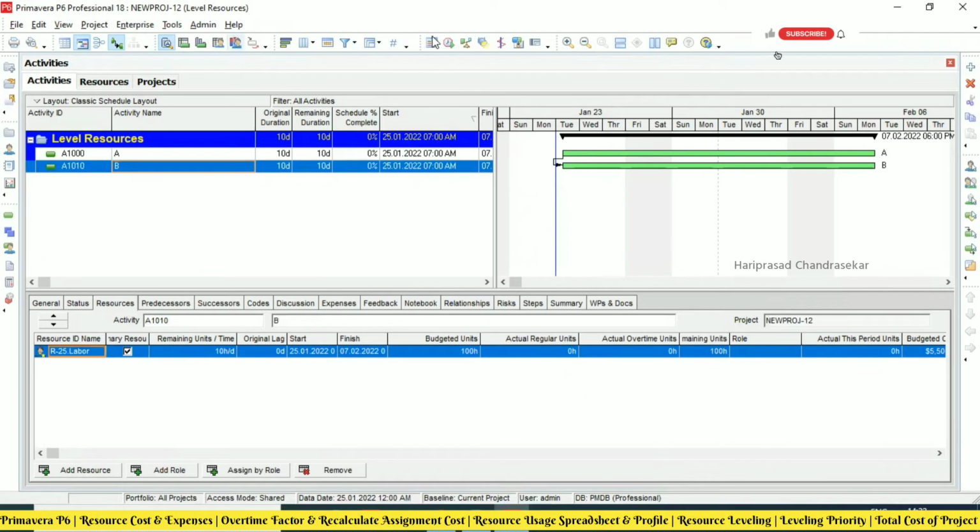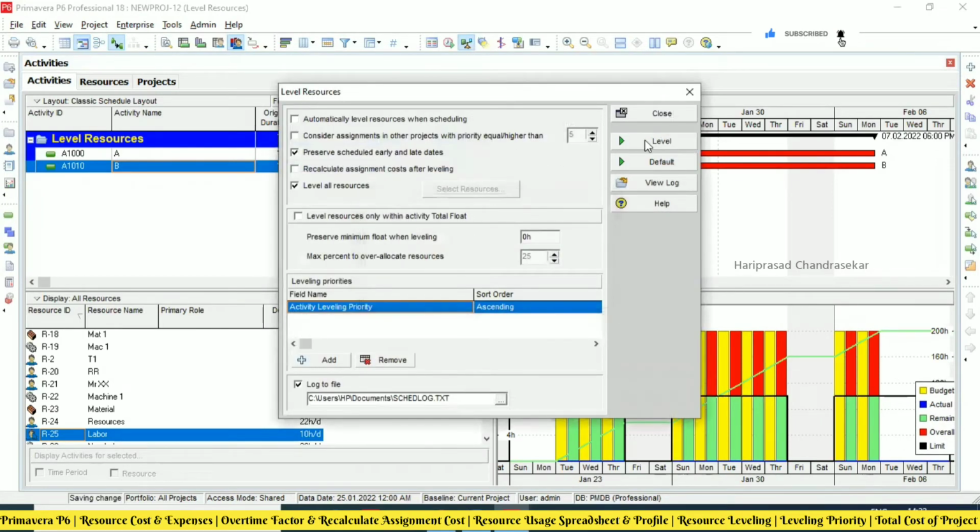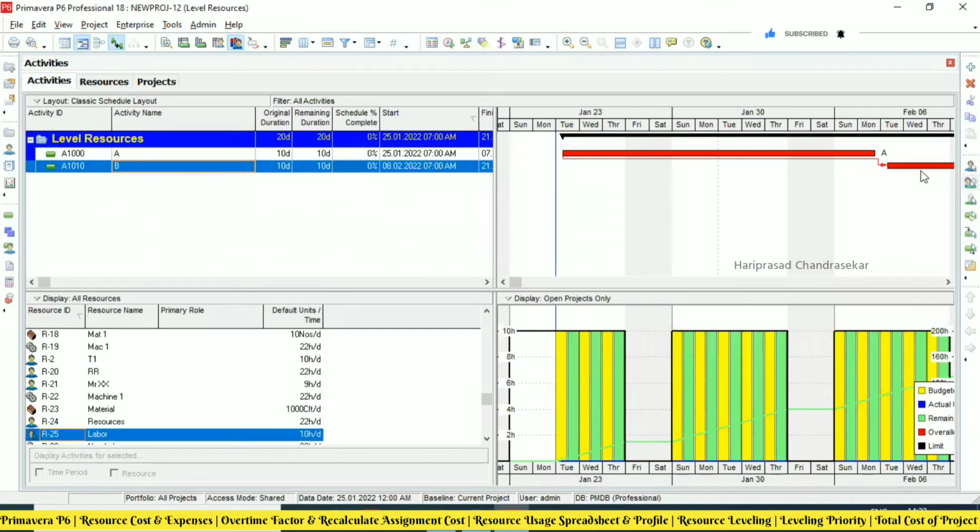Okay, now you can see after scheduling, definitely we'll have the over allocation. Now what we can do, we can go for level resources and it will level the, see, automatically it is pushing the activity to finish to start in spite of having start to start. The relationship is not going to change, but it will try to fix the error. So over allocation will be solved. Is there any possibility? Before it is not possible. Why? Because we are putting so many things and we also updated overtime and everything, so it can't do anything. Okay, that's why.